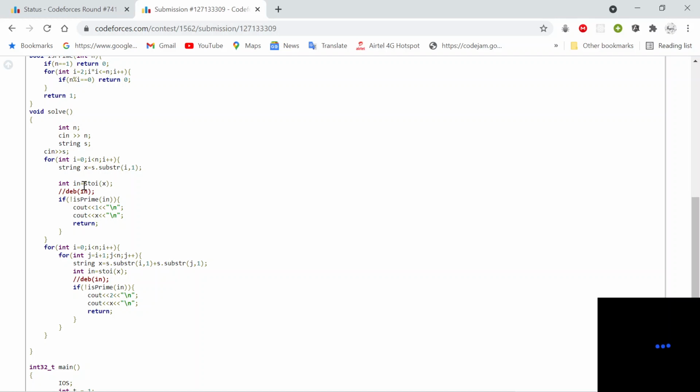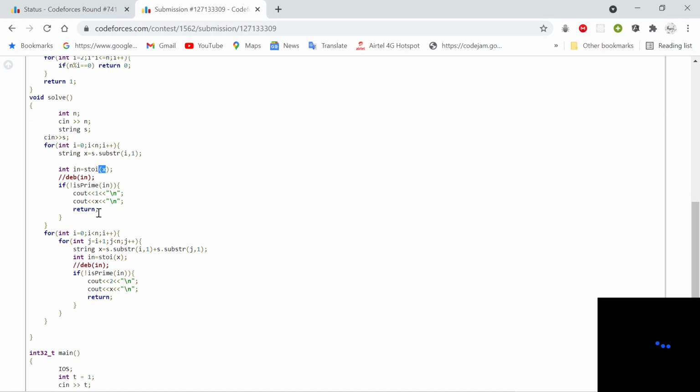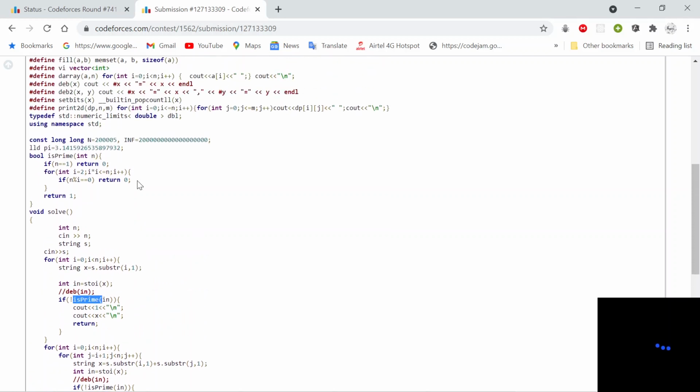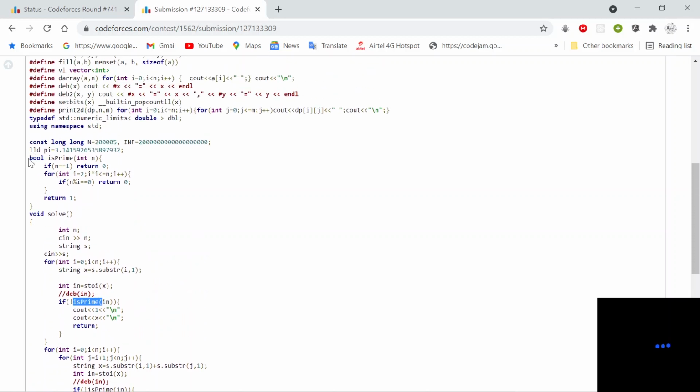The stoi function converts a string to an integer, so I pass the string and it converts it to an integer. Then it will check whether it is a prime number, using the prime function.